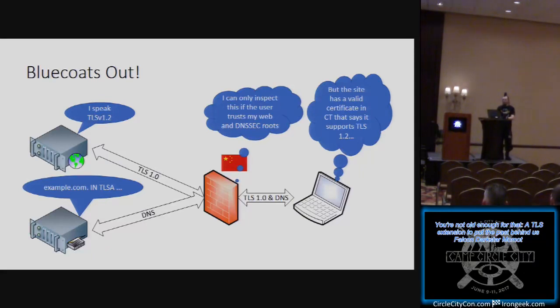The web server speaks TLS 1.2, the connection has been degraded down to TLS 1.0. But in the meantime, the DNS traffic says, well, this connection is clearly being degraded because, you know, the TLSA record implies through the certificate's signed TLS policy assertions that we should be supporting better than this. And also we can use certificate transparency as a back channel to convey information about what is signed into valid certificates for the site. You can simply look up what certificates are valid for a site in various certificate transparency logs. There are many of them. It's itself conveyed over TLS. It would be quite a chore to interfere with.